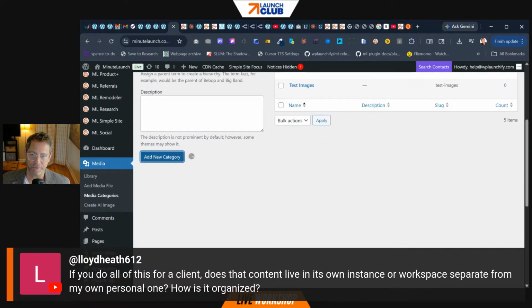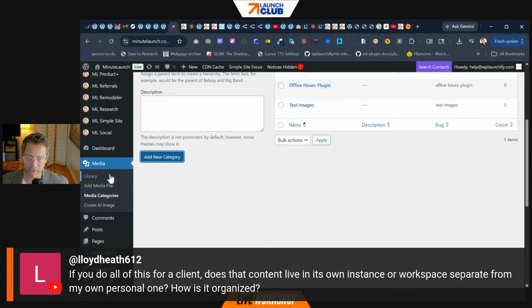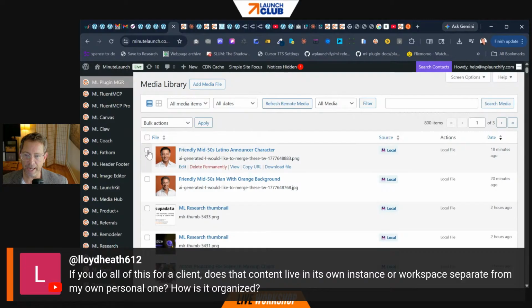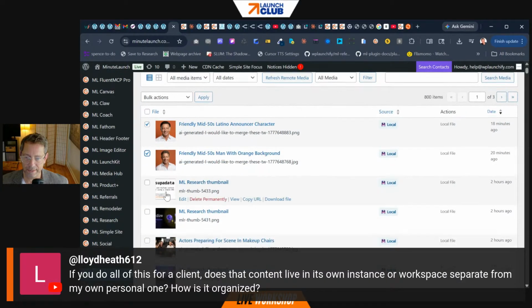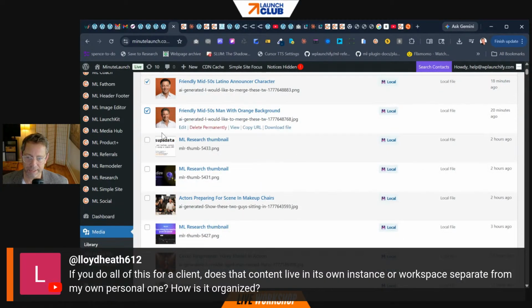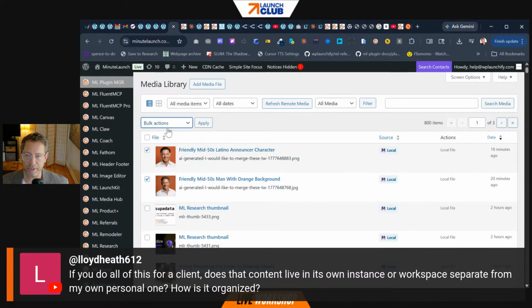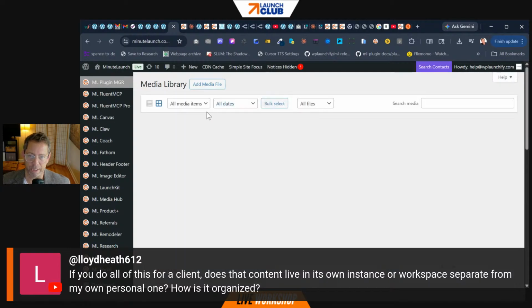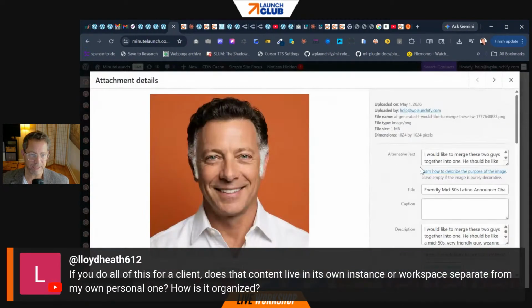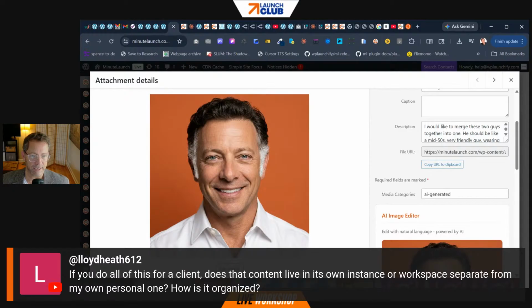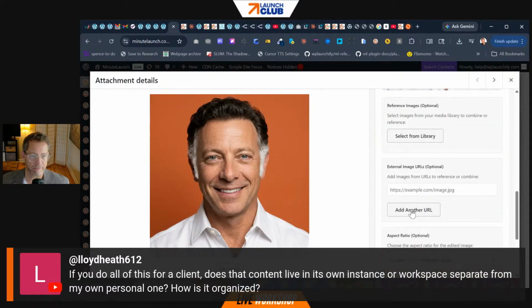I'm going to add certain assets in the media library to customer Lloyd, right? So if I go here, I'm going to add this and this and whatever. I'll just add these two. Okay. Bulk action. Interesting. I think I have to be in this view to do this. Hold on. I wanted to do bulk categorize, and for some reason it wasn't letting me, so that's fine. Let's add it to the media category of